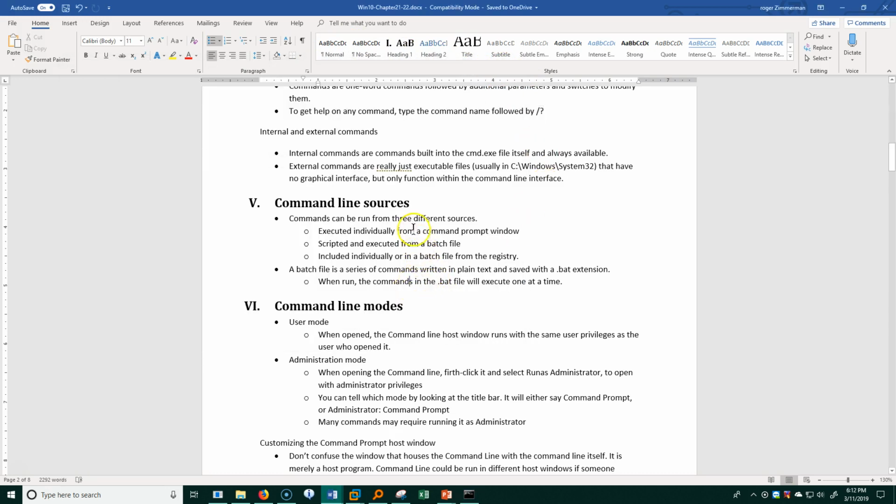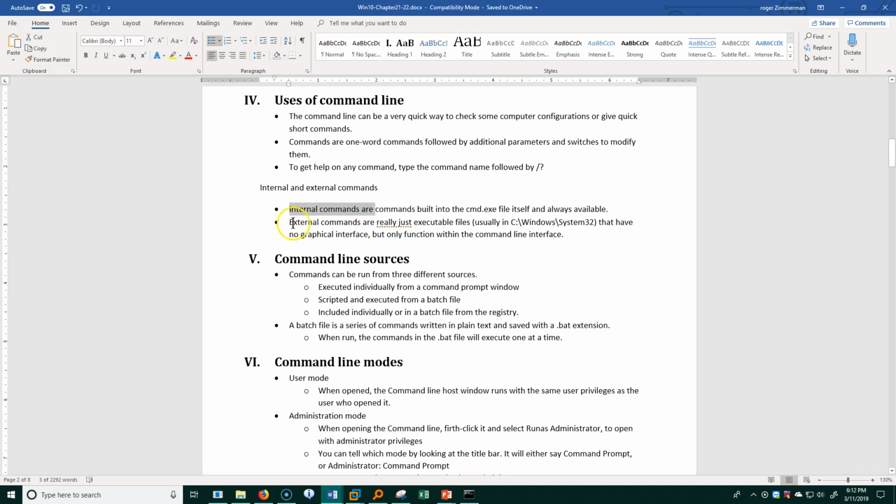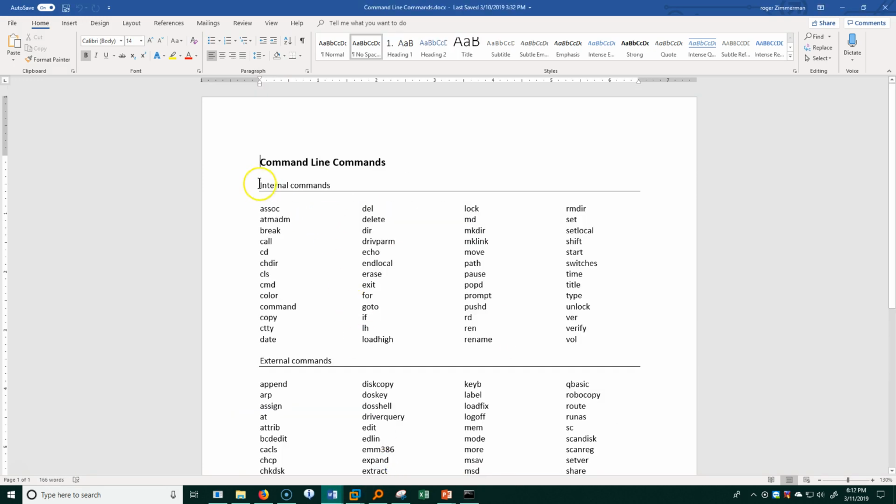Now it's important to know that there are internal and there are external commands. So both command.com and cmd.exe have internal commands built right into them. And I have here a list of those internal commands. Now, of course, they've changed over the years with different versions of the command line, but these are primarily the ones that you'll find today. And you can see there are not that many internal commands that are built into the cmd.exe file, but you don't have to have a separate file in order to run these.